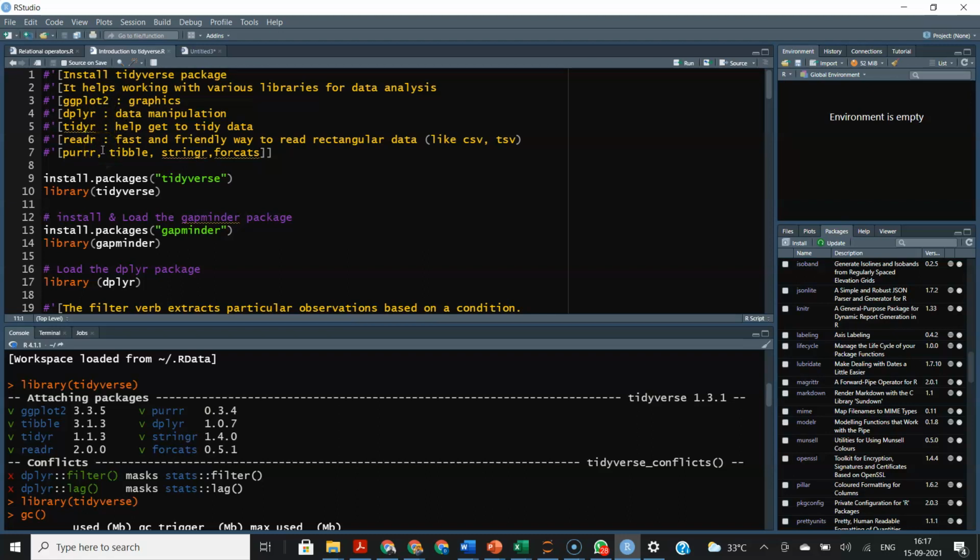Basically, as the name suggests, it turns your data into a tidy form. Then you have readr, which helps you read all kinds of different files. Be it, so far you must have seen Excel files, but there is a modified format of Excel called CSV, comma separated values, and there's another form called tab separated values. Okay, so TSV and CSV files, in the next few classes we will see how you